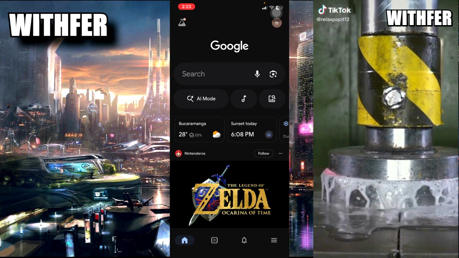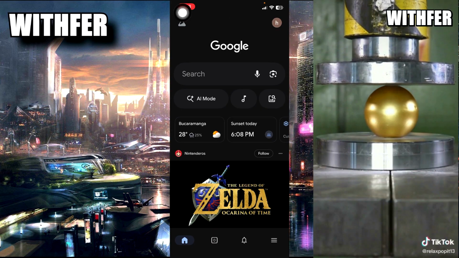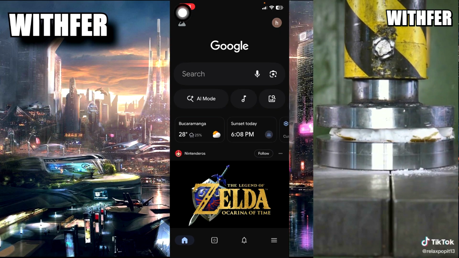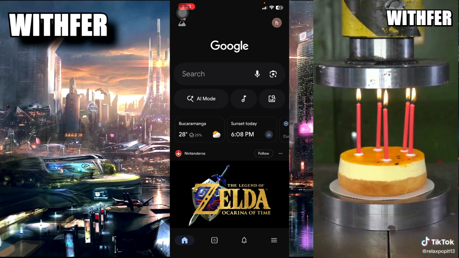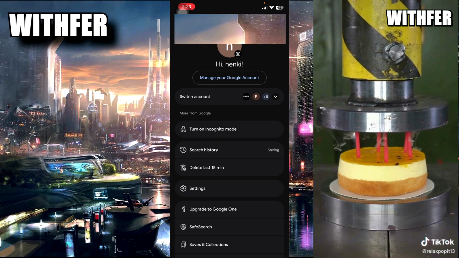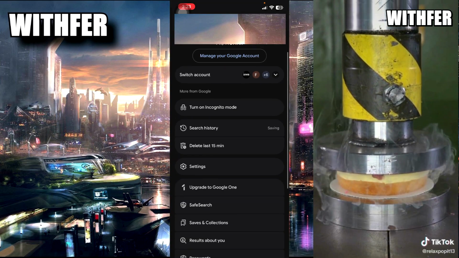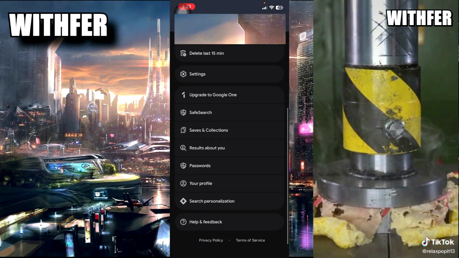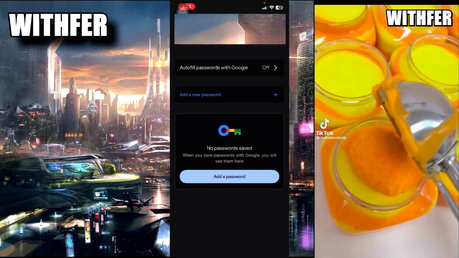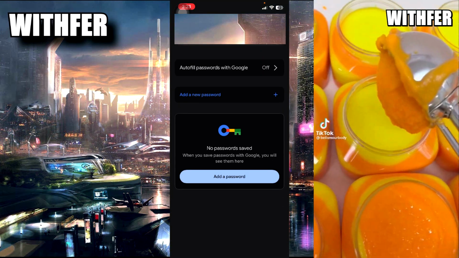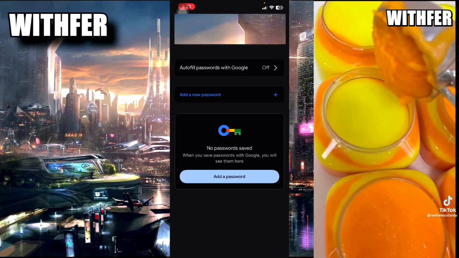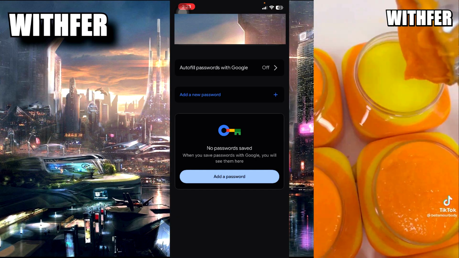Always, all apps have these options, okay? All Google apps have this option. In the corner, can you see your profile? Touch it. Now, when your account opens, scroll, and here you can see your password button, password, and here you can add a new password. You can add here your Facebook account, your email, and your password and save, okay?